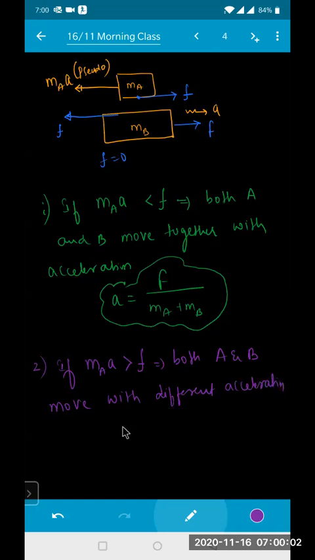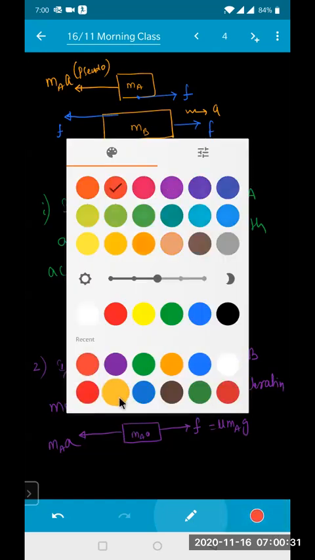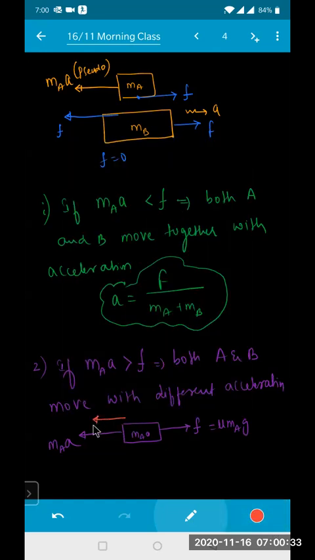See, if this is moving in the front direction right now, the pseudo force acting on this one is nothing but m_A into A, where m_A is the mass of A, and on this one there is a friction, this is F. So F is equal to mu into m_A into g. Now tell me what will be the acceleration of this one? In which direction? The acceleration of this block is in the backward direction, this direction.